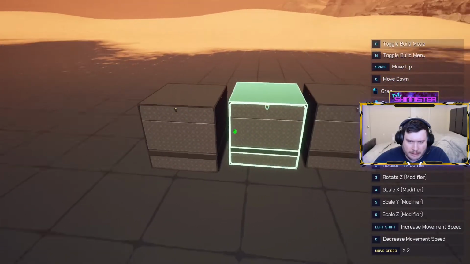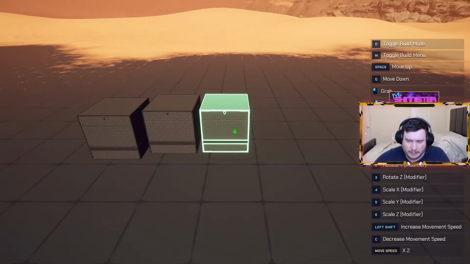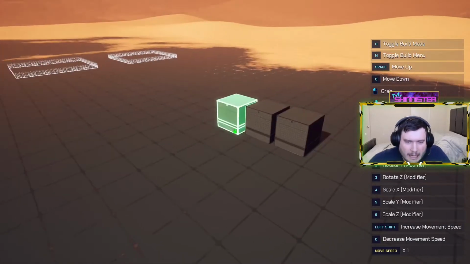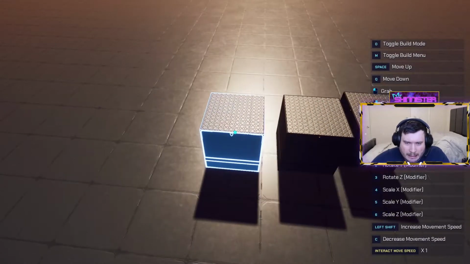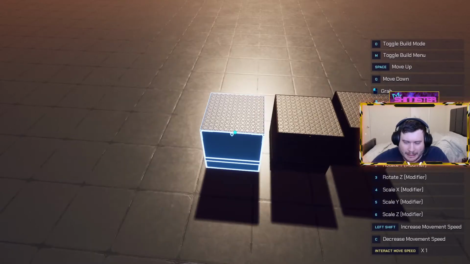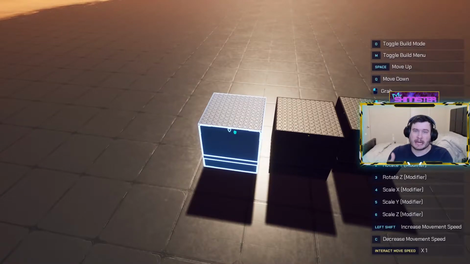The big thing here, you can see we've got 3 blocks, but we wanted them to be touching. I'll bump that movement speed down for you guys. The easiest way to do this that I've found is not quite to just place, because you can see we're not quite getting it right. The most precise way to do this is going to be